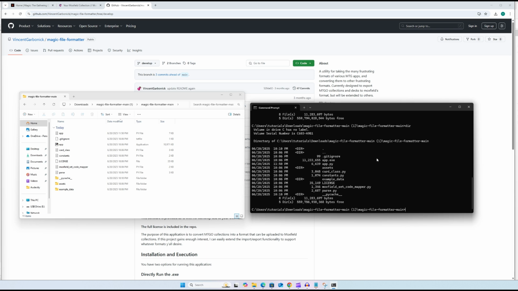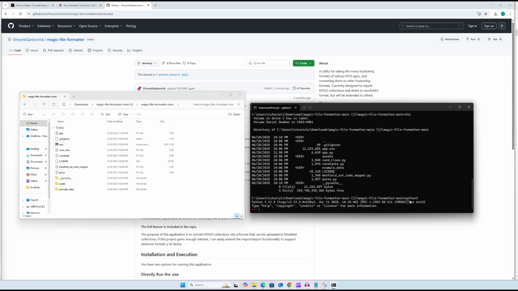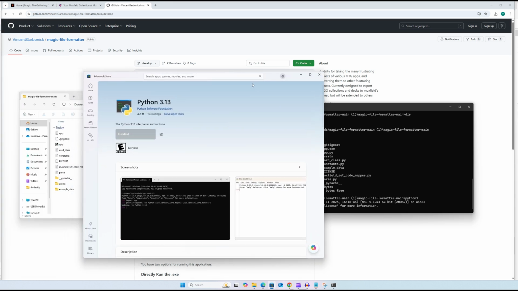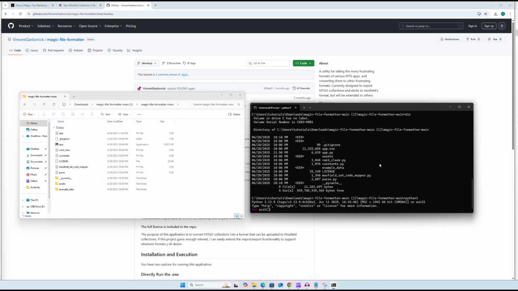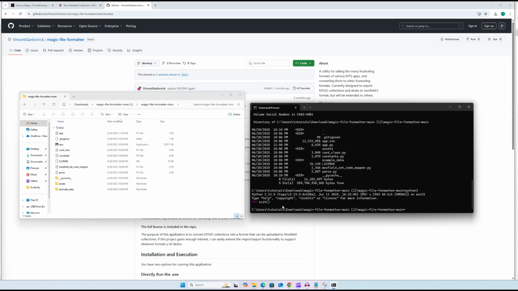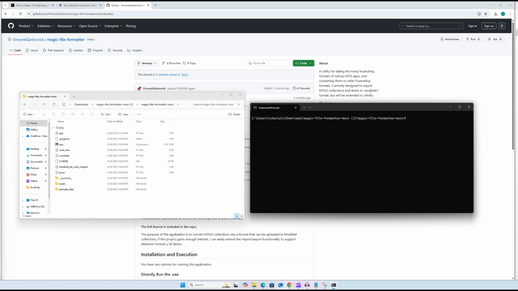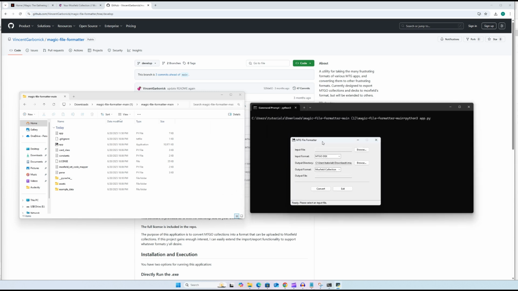So, once you verify that you're inside of the directory, all you have to do is type python3. If you don't have Python 3 installed, it will open up the Windows App Store, and it'll take you to Python 3.13, and you just press install. Once you verify that you have Python 3 installed, you can type exit with the parentheses, and it'll close out of it for you. And now all you do is type python3 app.py, and this will fire up your magic file formatter from the